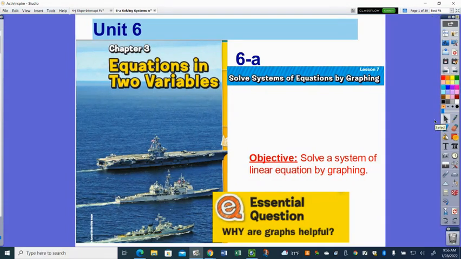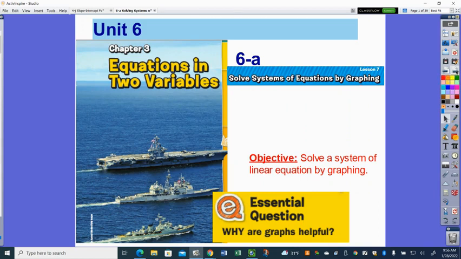So today we're going to take our idea of graphing y equals mx plus b, and we're going to continue with that, but in a system. And a system just means more than one. So basically, we're just going to be graphing two lines on top of each other and trying to figure out where they meet. I'll get to why we're doing this in a second, but let's just do a quick review